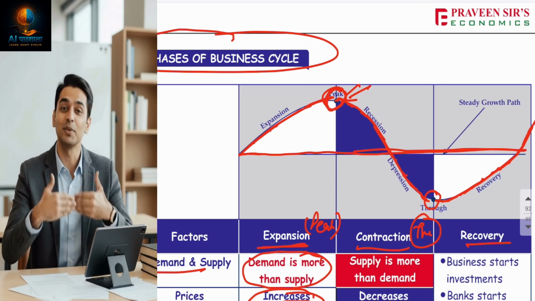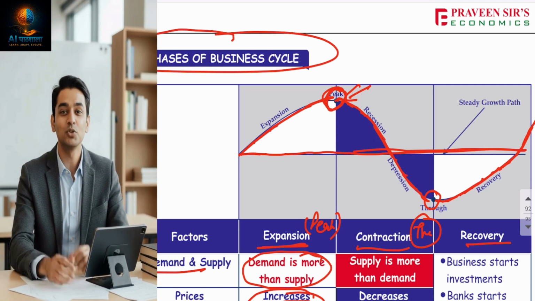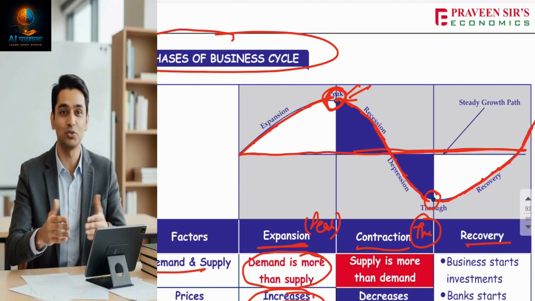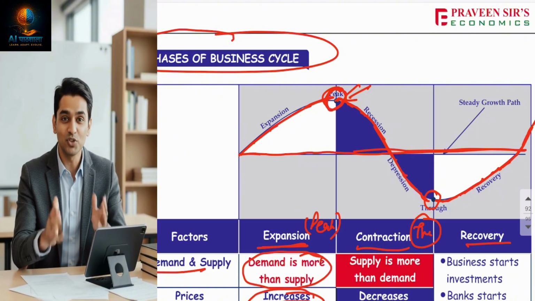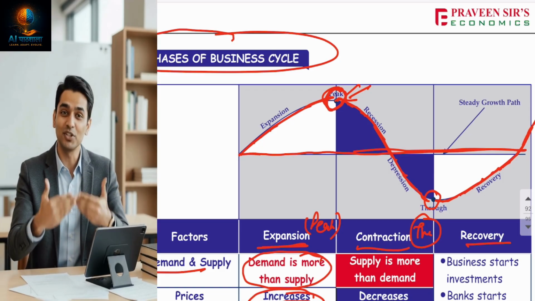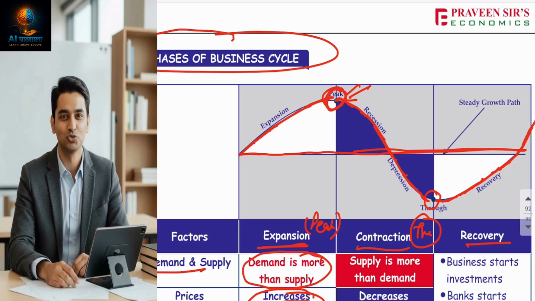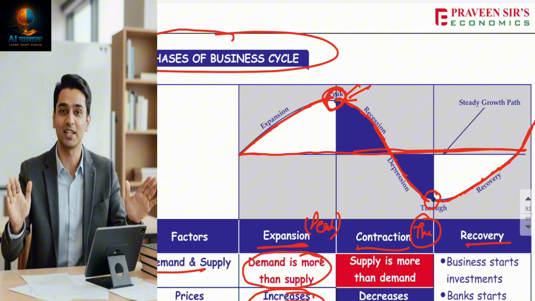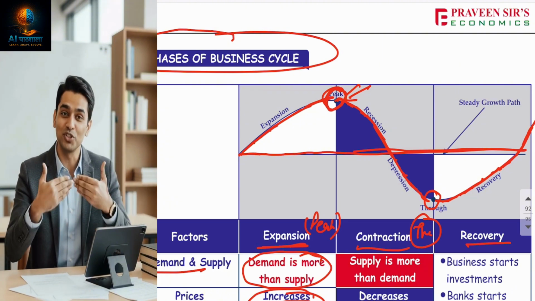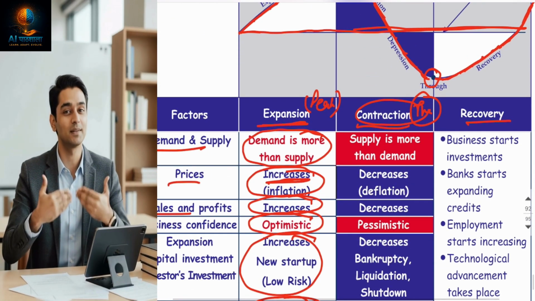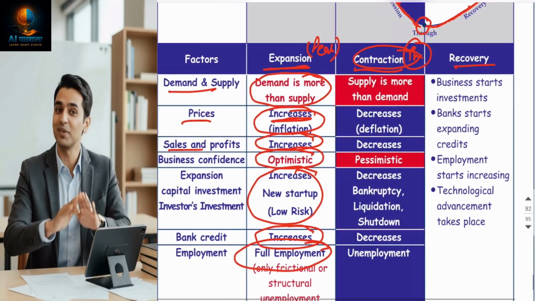But it's the end of expansion. Peak is the stage where expansion ends. At this stage, demand begins to stagnate because the market is saturated. That's why expansion has now stopped. Peak point means you have reached the topmost point, which means your expansion has stopped. Otherwise, that point could not be a peak. The market is saturated, so expansion is now slowing down, the economy goes down, and the period called contraction starts.